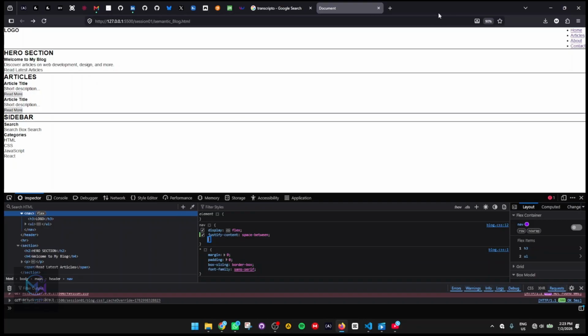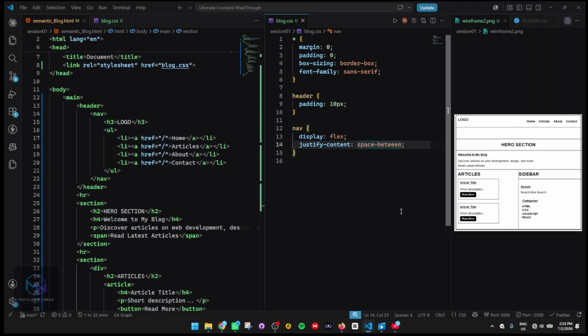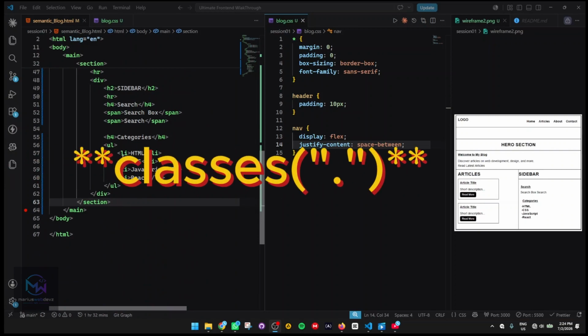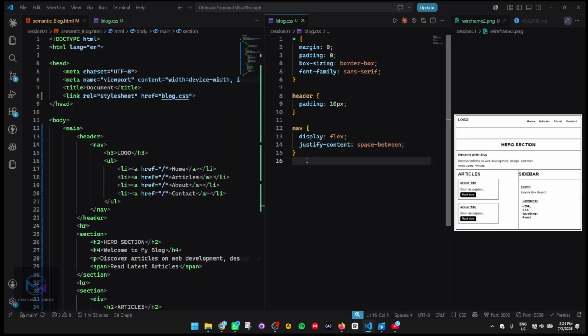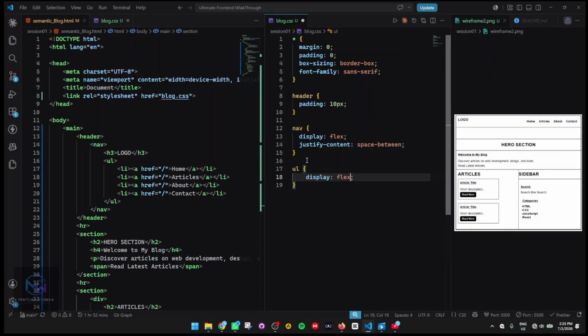Now we have to work on this side, this list part. Let's try to work on it. When you go back to the code, you realize here we have two UL, so we have to use classes. This is when we start using classes, because this one is the same thing as this one. If I target it, if I write UL, it's going to affect the whole thing. If I write UL and give a display of flex, like we just did,